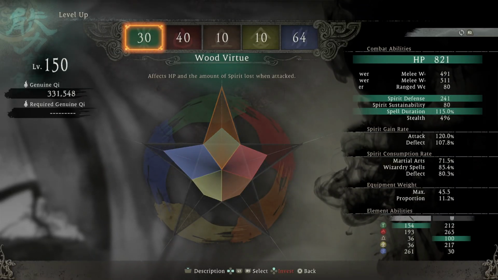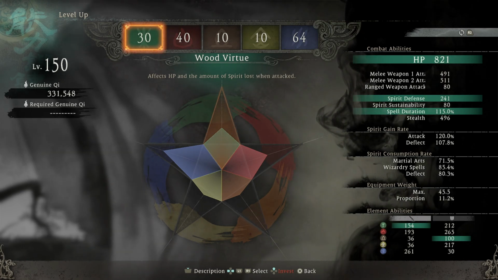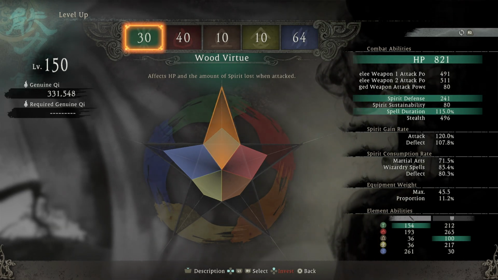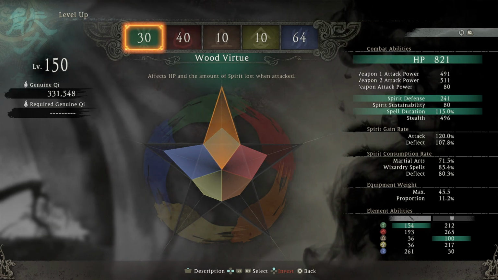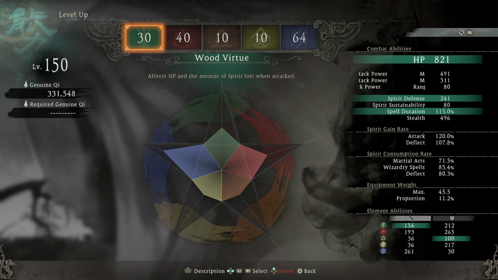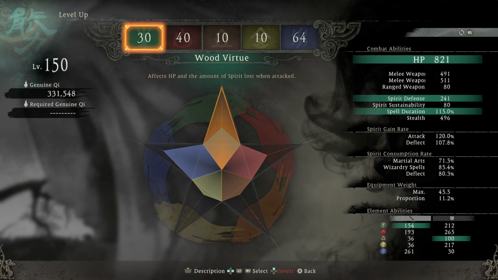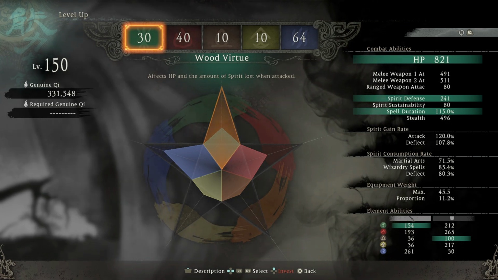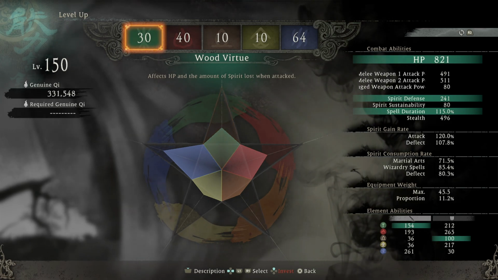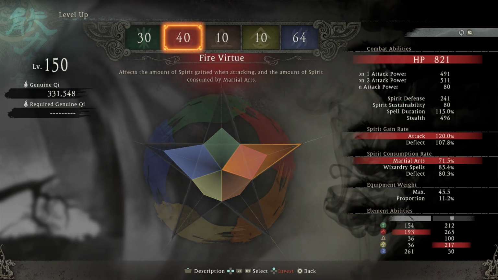Alright guys, so this is a level 150 build. Now, as always in this portion of the video, I like to preface it by saying I understand all the soft caps for the virtue stats, and if you don't understand the soft caps and you want to know more about it, definitely check out the video that I created specifically for the topic. The link to that video will be in the description of this video and on the end screen of the video. Now, with all that being said, my virtue stats for this build are 30 on wood, 40 on fire,